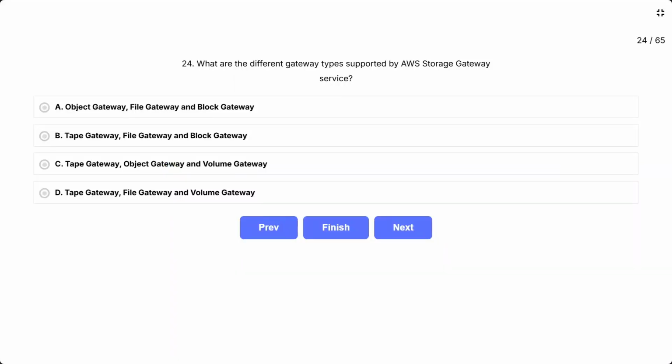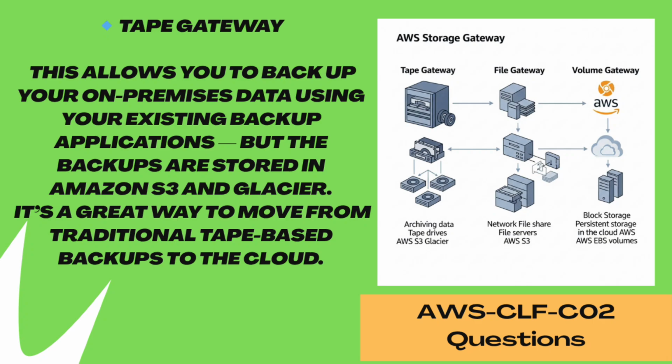The first one is tape gateway. This allows you to back up your on-premises data using your existing backup applications, but the backups are stored in Amazon S3 and Glacier. It's a great way to move from traditional tape based backups to the cloud.